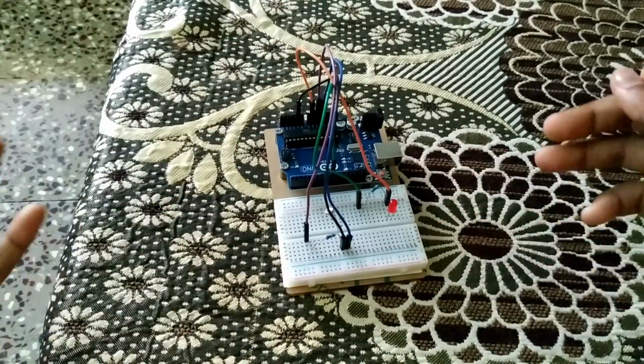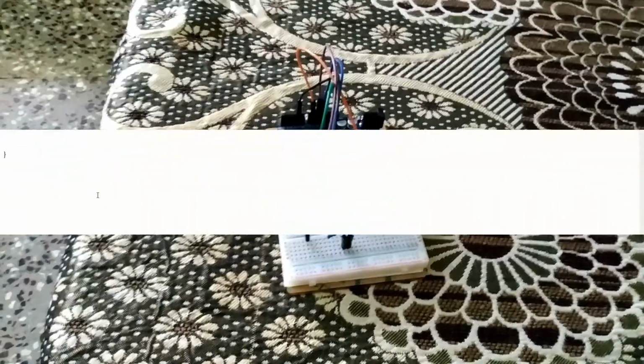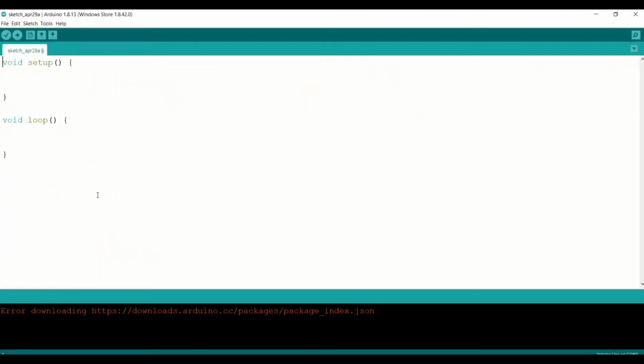So guys, now let us move on to the programming section. Before void setup, we'll be defining certain pins and values. I have connected the photoresistor to the pin number A1, so I'll write int and we'll give a name to the photoresistor as LDR, then A1. Then we have connected the LED to the pin number 9, so we'll write int and give the name LED, and then 9.